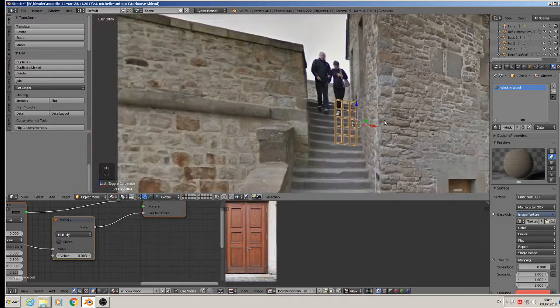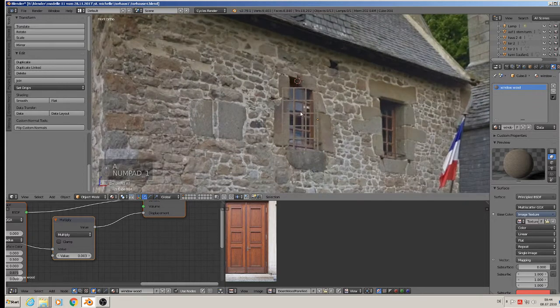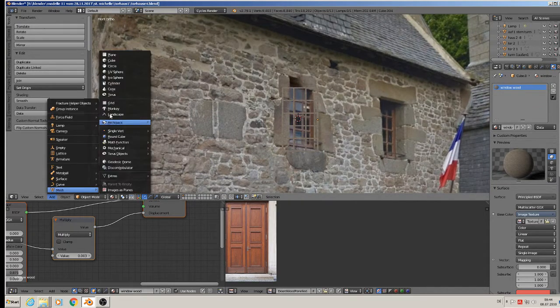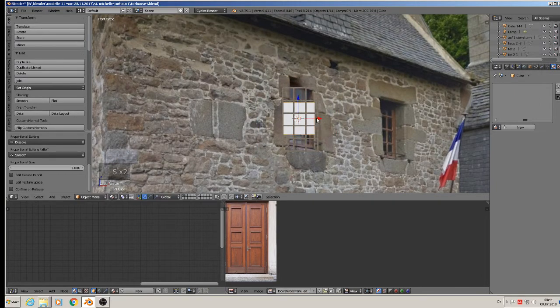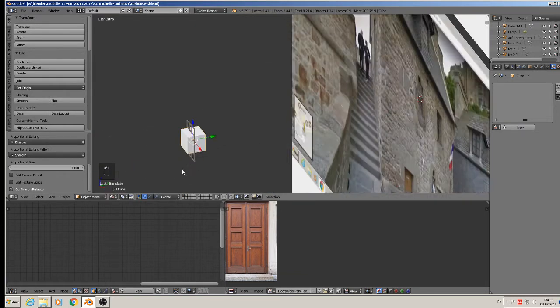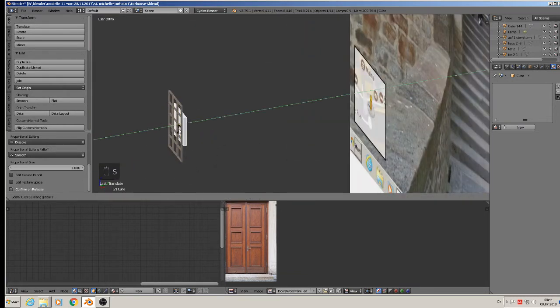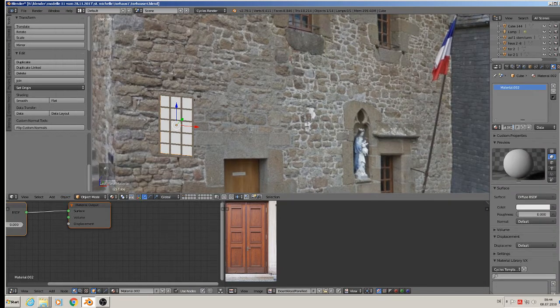Good, we have the window there, but there must be glass behind. So we get in here, add mesh cube, scale down, scale, wow, where's the window? There. Scale Y. Oh, scale Z. And that's it. So object, apply rotation scale, new material, call it glass,